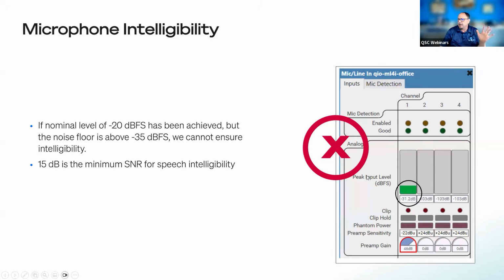If the nominal level of negative 20 dB full scale has been achieved, but the noise floor is above negative 35 dB full scale, we go down 15 dB. So in this case, it's at negative 31, right? The minimum signal to noise ratio for speech intelligibility hasn't been accomplished. And the way you test this is have a talker start talking into a microphone at a normal distance and level, adjust the preamp gain, and then the peak input level is set. When the talker stops talking, the noise level should be below negative 35 dB full scale. If it's greater,